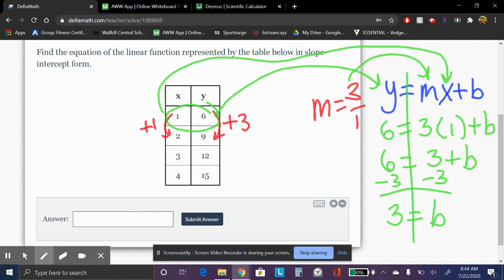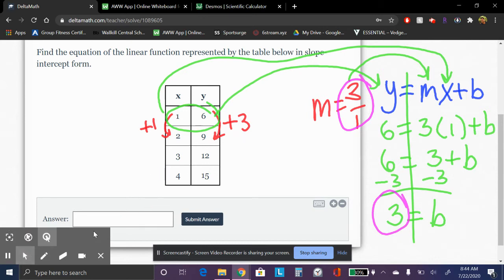So that's my b value. So I have my m. My m is 3 over 1, which is just 3. I have my b. So my equation now with this one, you have to type the y equals. Last lesson, I noticed you didn't have to. This one you do. Y equals